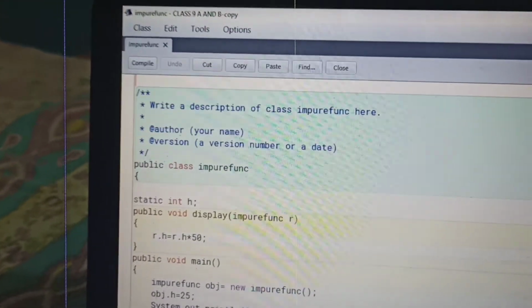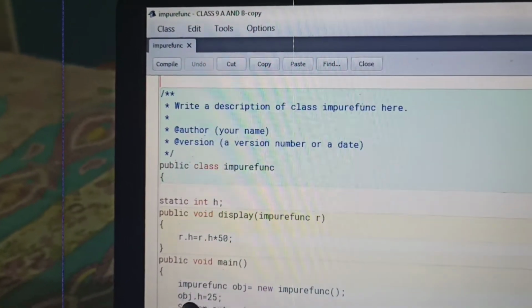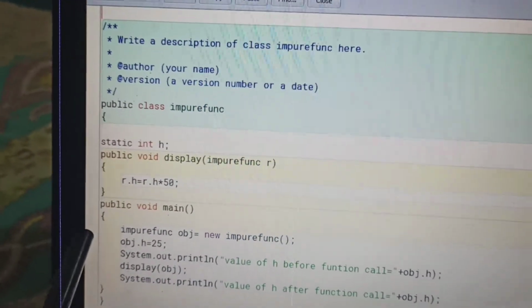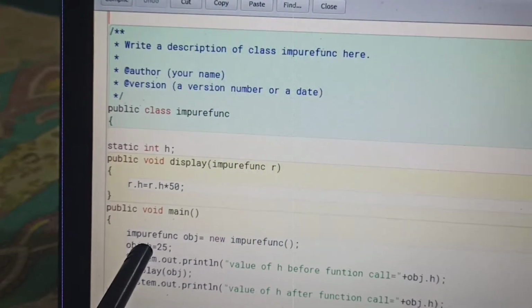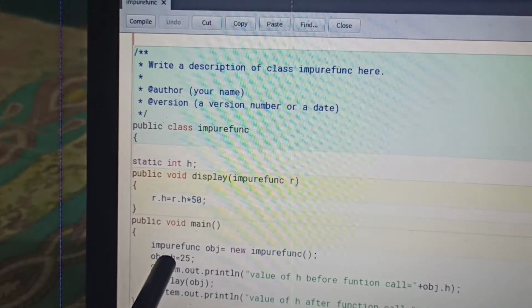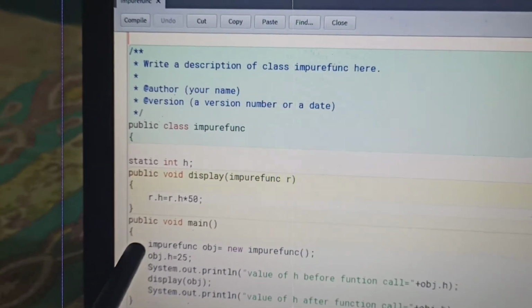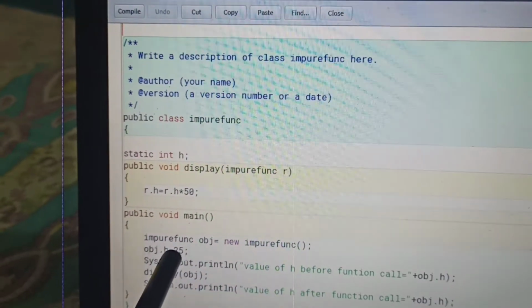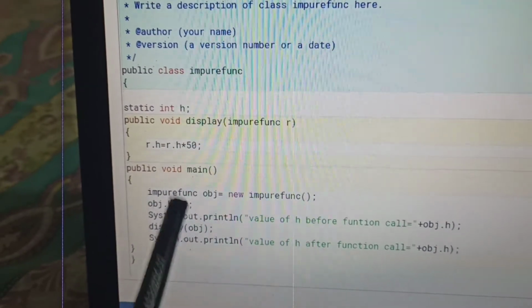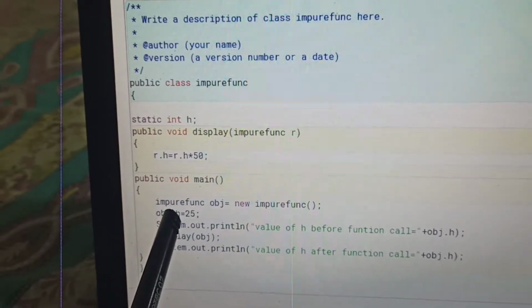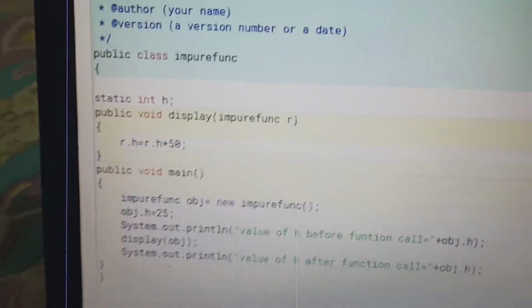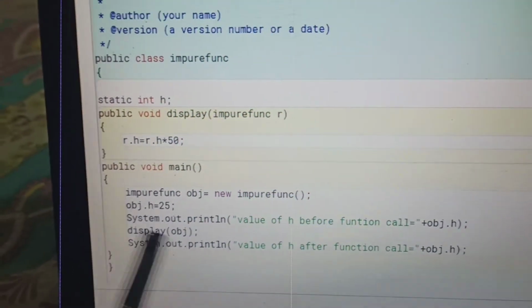Now obj.h means this assigns the h variable to the object obj. obj.h equals 25 means the 25 will go to the h variable, and in this h variable it is going to be stored in obj, the object of this class.